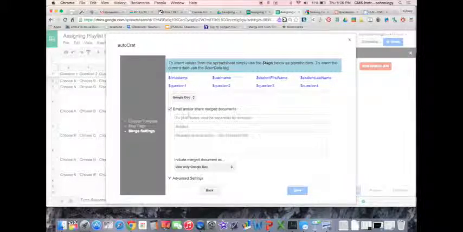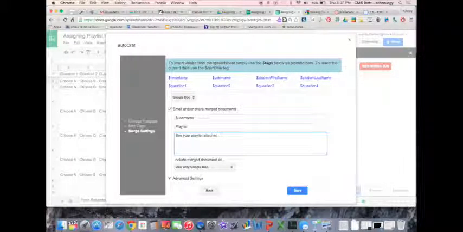Okay, so I'm going to go in here in my email. I'm going to tell it what email address I want it to go to. The email address I want it to go to in this case is username, because that was the name of the field in my spreadsheet where I collected the student's email address. So I'm going to put that there. I can type playlist. I can type a message for my student to read. I'm just going to type something simple. See your playlist